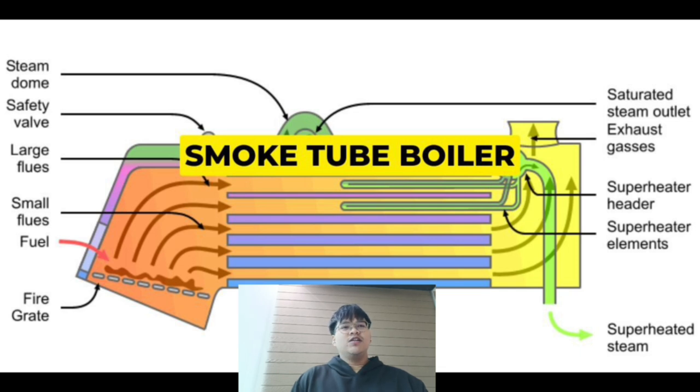So let me begin. The furnace is the heart of the boiler. It is a specially designed chamber where the entire combustion process takes place. When the burner supplies the fuel and ammunition, the furnace will provide the space for the flame to form and develop. One of the main functions of the furnace is to create a controlled environment for burning.